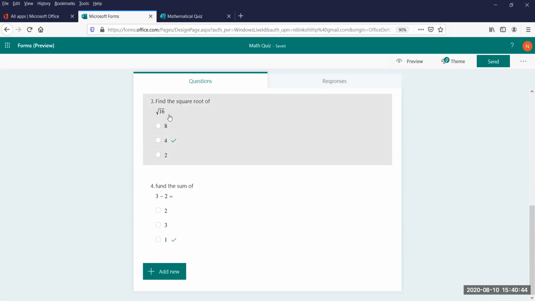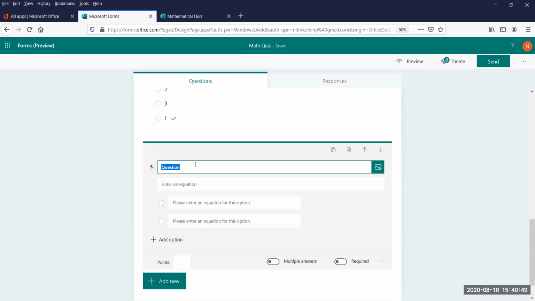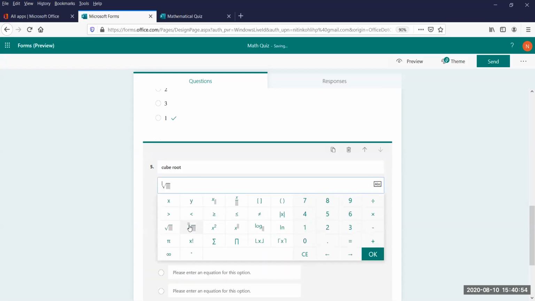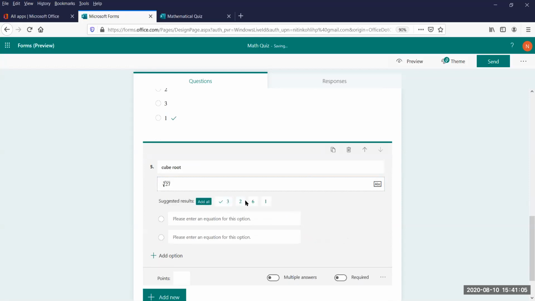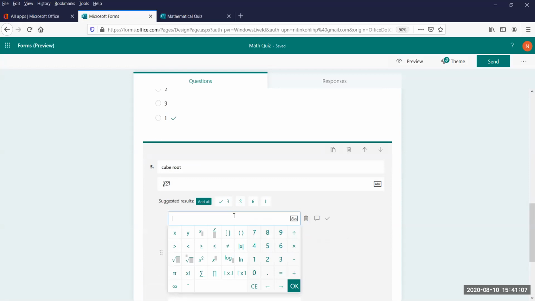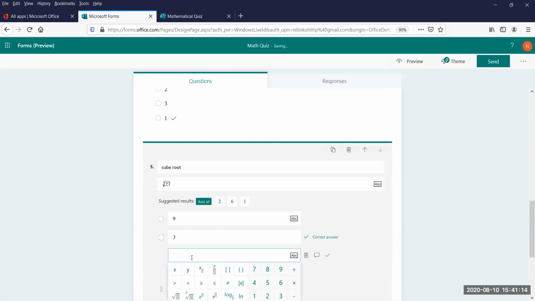And one more thing we can do is we can also add another thing, let's say cube root. So here we have an option for cube root. I will just select this option here. I can mention 3, and I can mention 27 here. Sorry, 27. And I can click OK. Then it will give me the answer, 3. I will mention the first answer as 9, and I will select answer 3. And then I will add another answer, let's say 13, just to make a confusion.